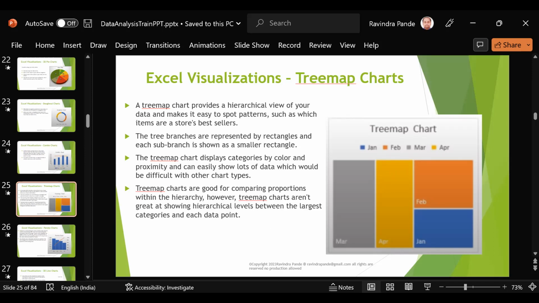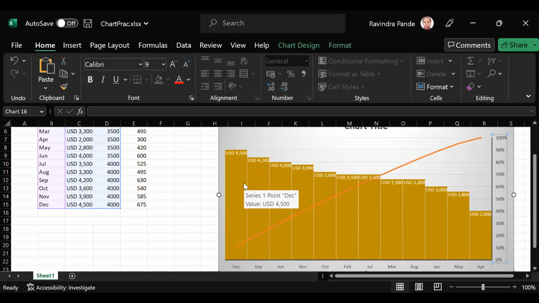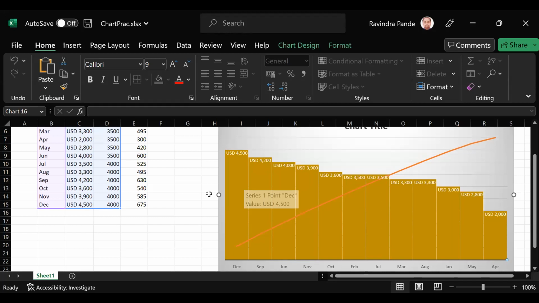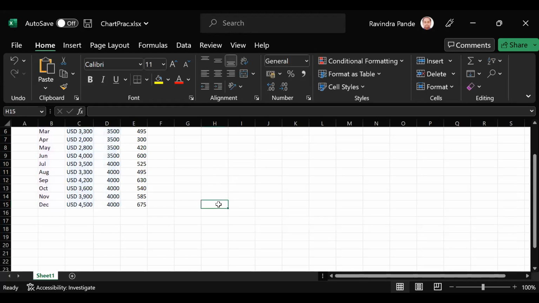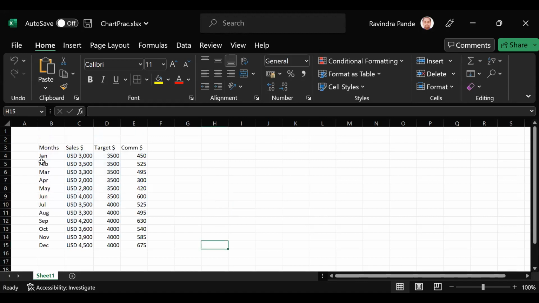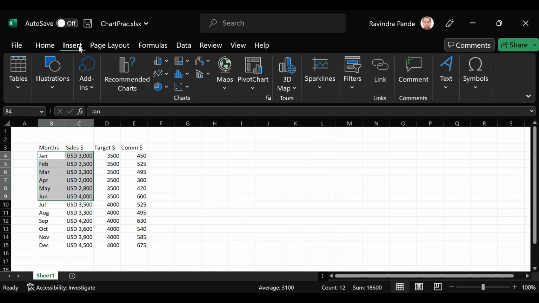Okay, let me play around with the tree chart with the same data which we started with, right? So let me delete these things. Okay, now let me try a tree chart with this total. I think the total will be a bit complicated. Let's try with the first 6 months. Okay, insert